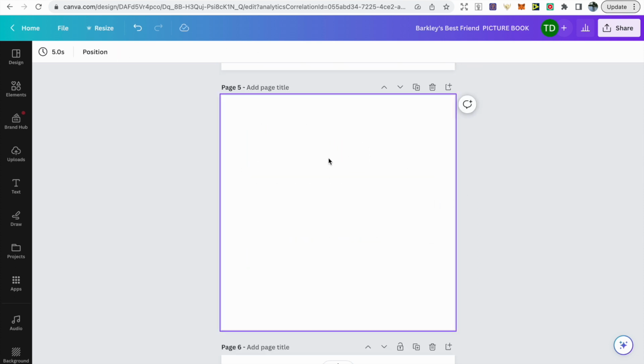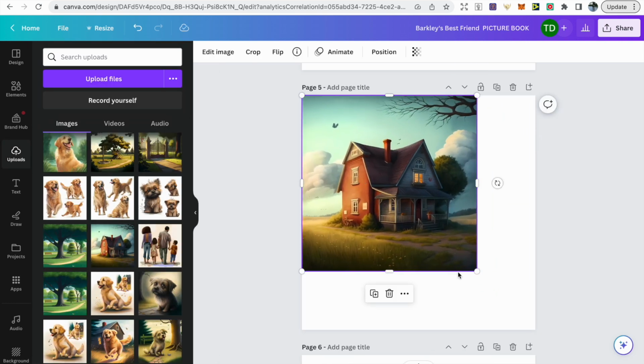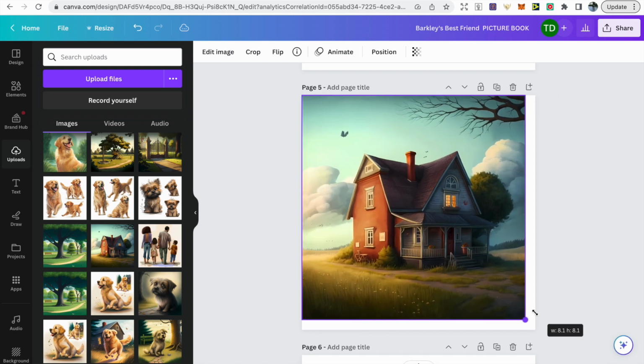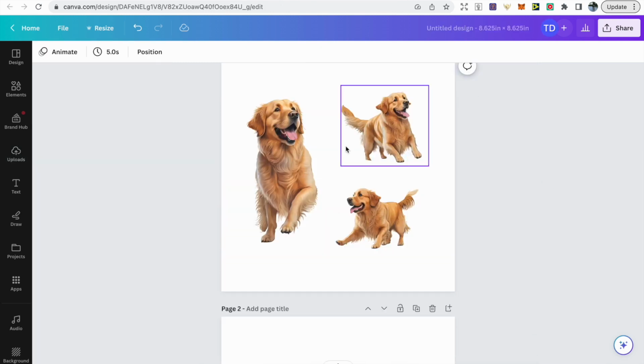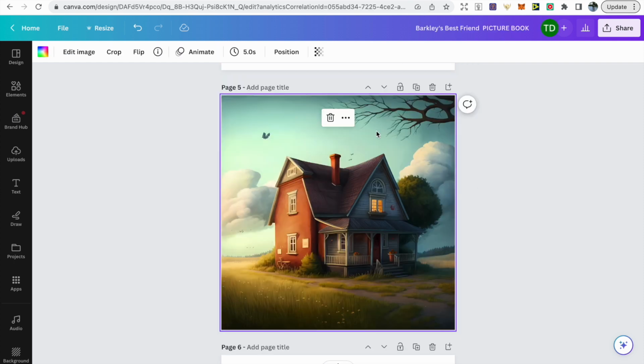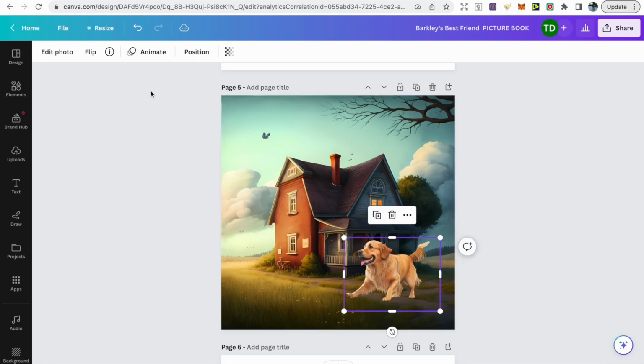We can work on the picture page, so just make sure that the image that you use aligns with the text that you've got. So we know that we need to use a cozy house, so we've added that in. And the next part is to start adding our characters. So that's the importance of having the character page. So we can just have a look through and choose the best image that kind of suits the background and